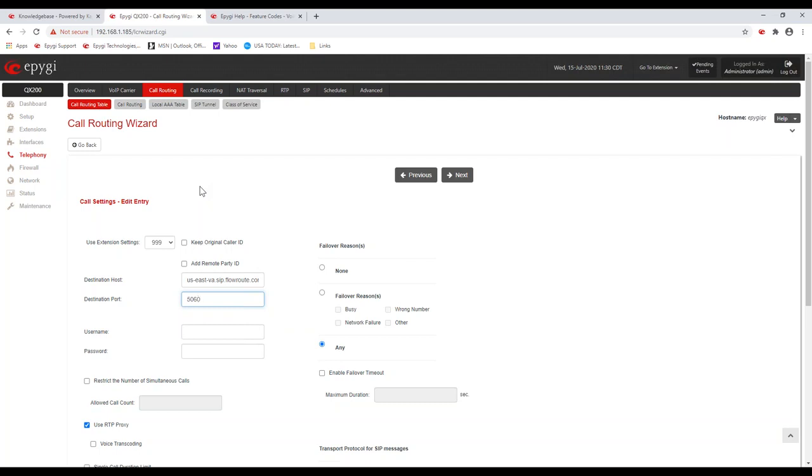They're going to ask for your credentials, your account information, the username and password that they gave you. So we've already configured that account. I mean, you could put it here in this username and password field, whatever it might be. But we've already configured it once, and we've used that account to go off and register to the SIP trunk. So therefore,